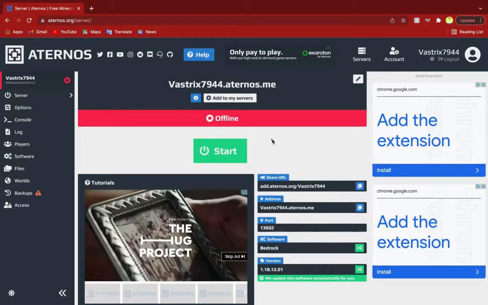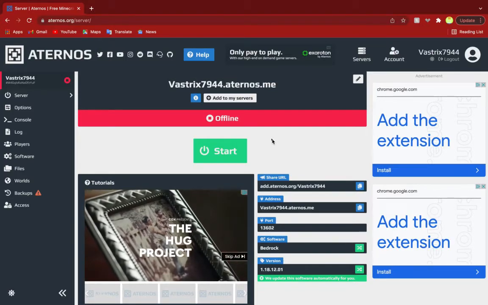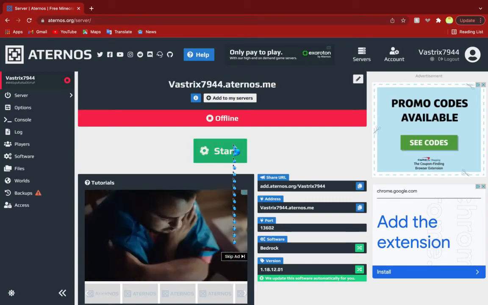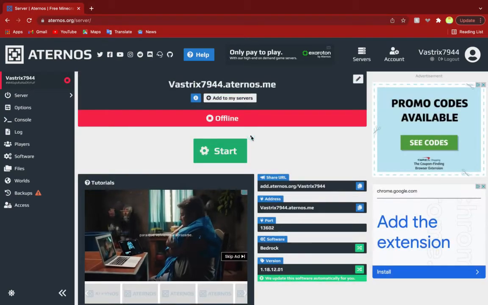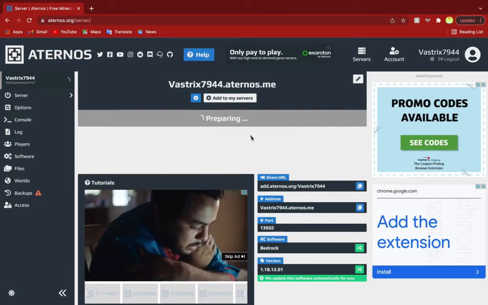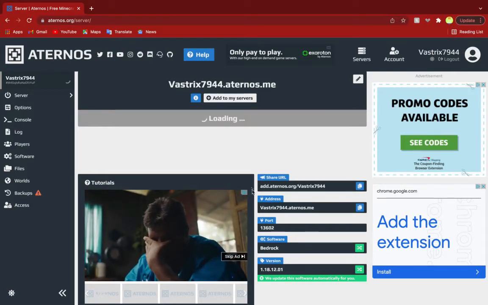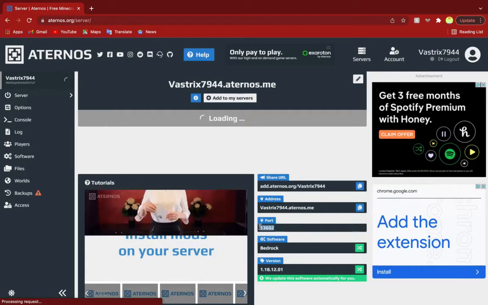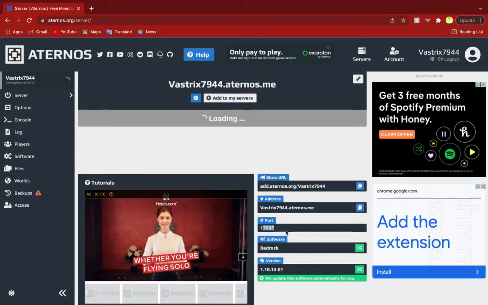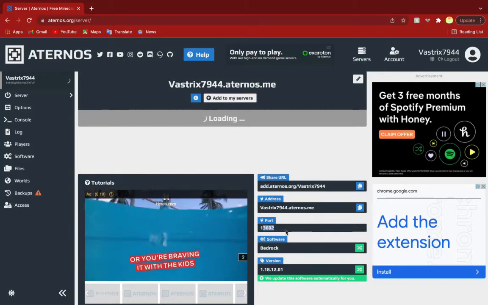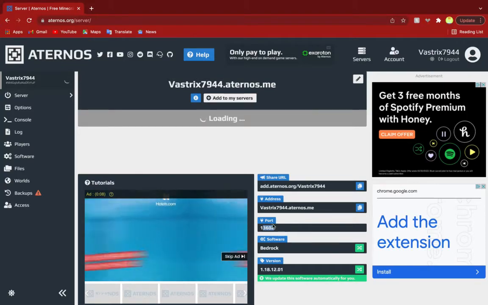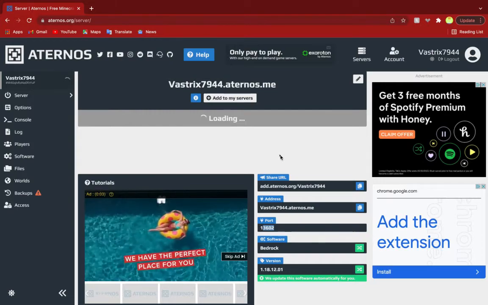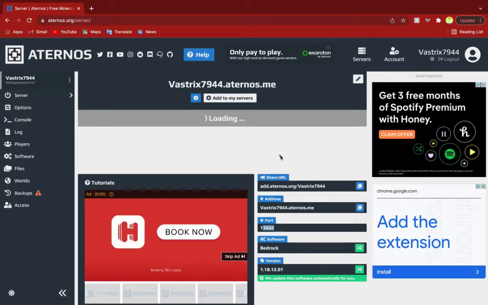Alright, so now the next step is to start your Aternos server. So press start, accept the EULA, and it's gonna take a bit of time to start. And in MC Connector, just put the IP address and the port, and it will pop up on your friends list in the LAN section, and just join the world. And as you can see, you were able to put a custom message. I said hi, welcome, hi 69, and